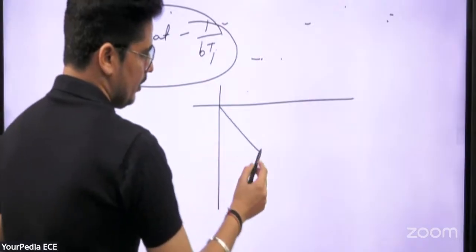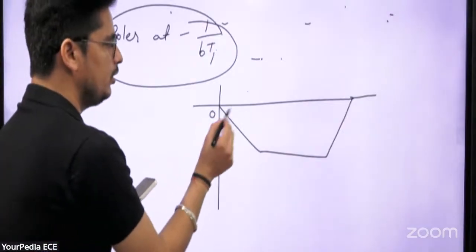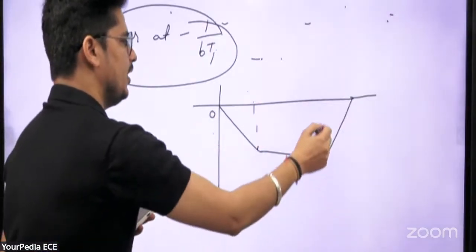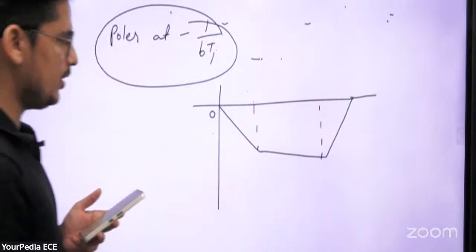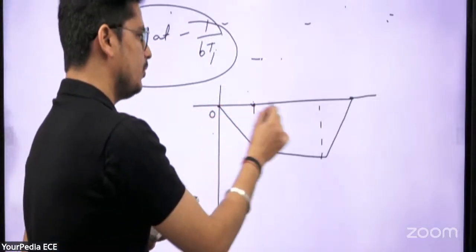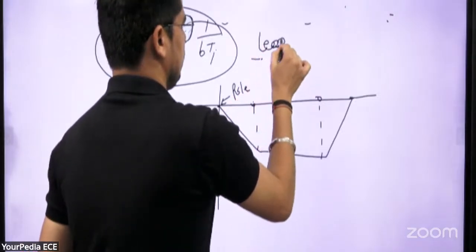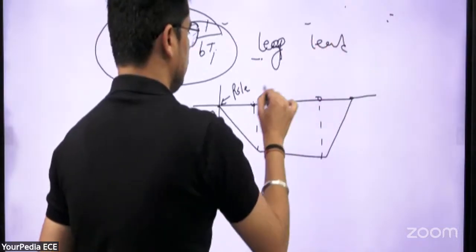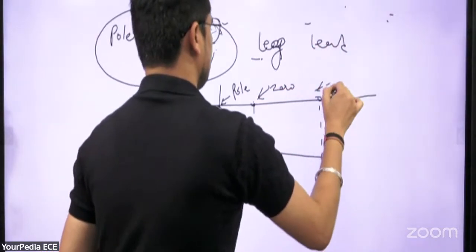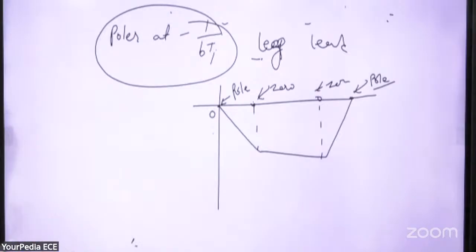If I draw this, it is the Bode plot. So first we have the pole, then we have the zero, then we have a zero again, then here we have the pole. So accordingly we can check where the pole and where the zero is. If it is a lag-lead compensator, lag-lead, right? So pole, zero, then zero, then pole, right? So accordingly, we have to check the options, because I am not getting the correct options for this question.